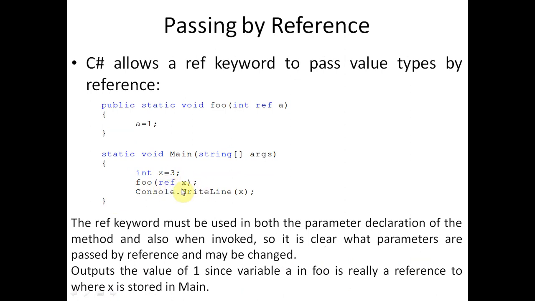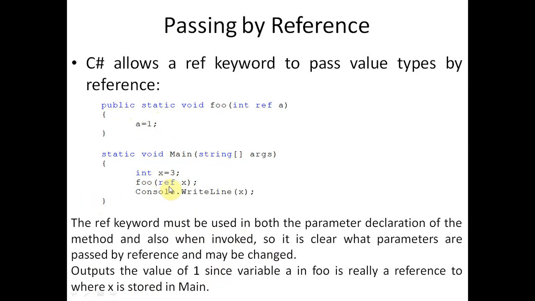So as we are passing the value of x, 3, here, the value 3 is transferred to a. Because x is called by reference, x will be converted into a, and then a is changed to the value 1. Initially it was 3 and now its value will be 1. So the change will reflect here and the output will be 1. The output of the value is 1 because we are using call by reference here.